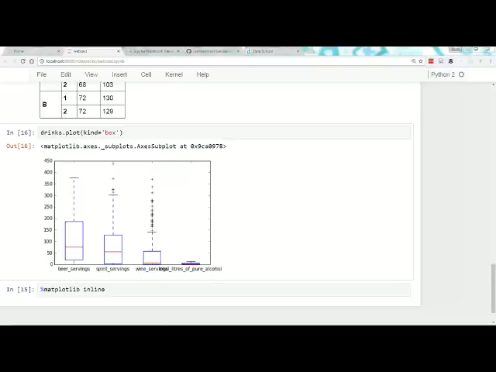Another difference is that in R, there's a difference between a missing value and not a number. And in pandas, because of NumPy, there is no difference between missing value and not a number. They're the same thing. Okay. So that's the data frame differences. There are probably more, but those are the ones that come to mind.